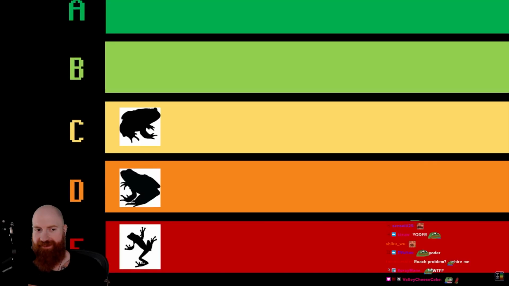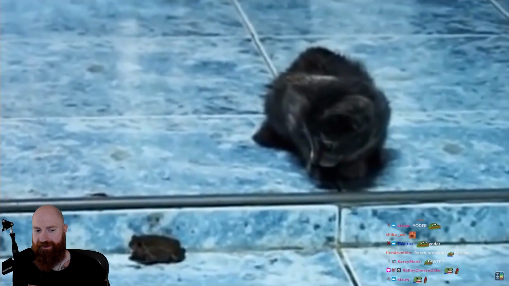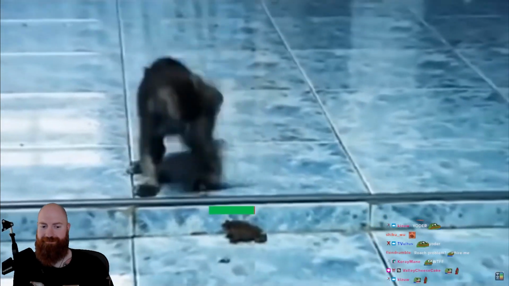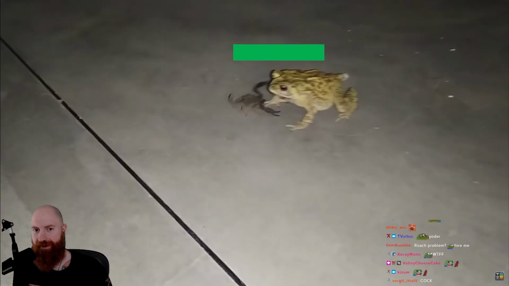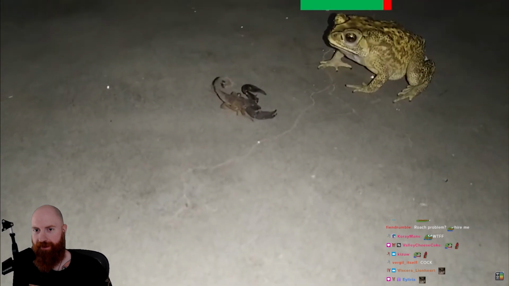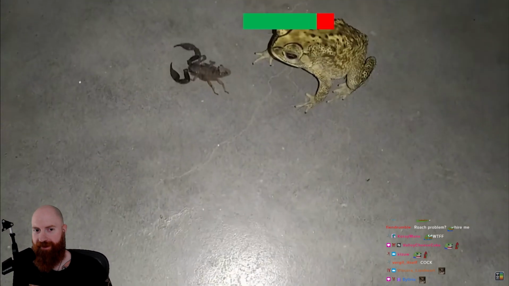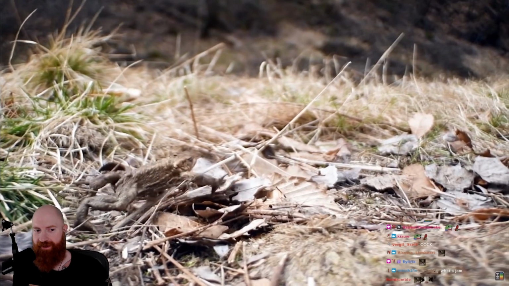In C tier we have the common toad build. The reason toads tend to fare better than your standard pond frog is that they're significantly more sturdy. While they aren't exactly armored, their thicker skin is quite good at reducing incoming damage. Regular frogs are so fragile that even smaller insects can deal lethal damage. Toads, on the other hand, can tank at least a few hits, which is usually enough to let them overcome most arthropod opponents. This thicker skin has the secondary effect